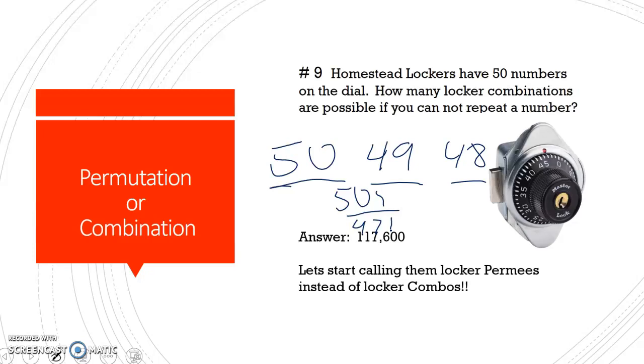If we do that on our calculators, we get 117,600. So instead of calling them locker combos, it's really a permutation. It really should be called